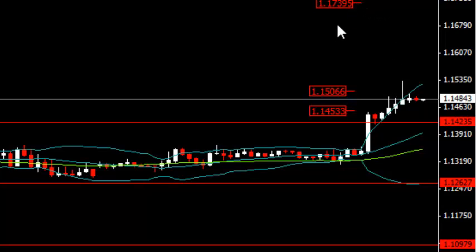Again, this is not the overall final target. This is not where I think it's going to stop. If the trend continues, this is just one of the first extension targets. I'll be updating some of the further extension targets throughout the week, but right now we're just targeting this one, and I'll be waiting for another opportunity to get in and go long as long as this